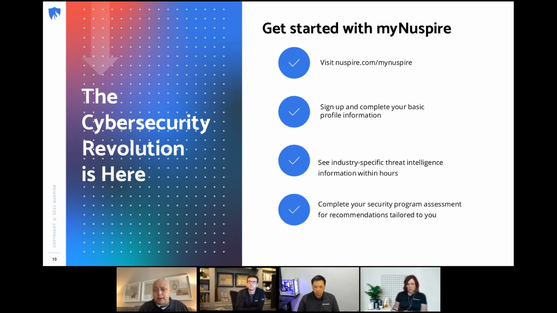Retail and hospitality is a great example. The retail industry has some very interesting requirements with regards to PCI and credit card security. But what's happened in the last year, the retail sector has gone curbside, mobile app, cloud, loyalty program where you get free this or that on your birthday. And so there are privacy concerns in the retail setting that didn't exist 5 or 10 years ago. So the more we know about you, the more we can refine those recommendations around who the bad guys are, how they operate, and what you should do about it. That's a great question.